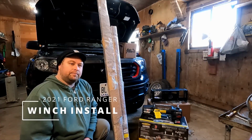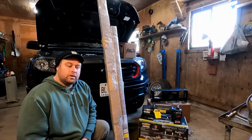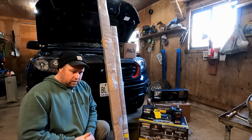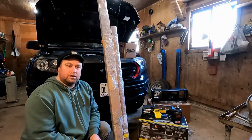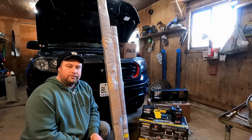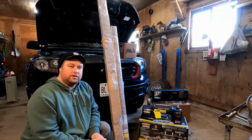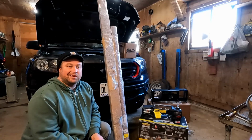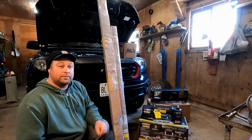Today is a shop day. Working on our 2021 Ford Ranger Tremor. We chose the Tremor package because of its off-road capability. It's got grabber tires on it. It's got Fox shocks. It's a good all-around truck for what we are going to use it for and still be a daily driver. Today's mission is going to be to get the winch and the hidden winch bracket in